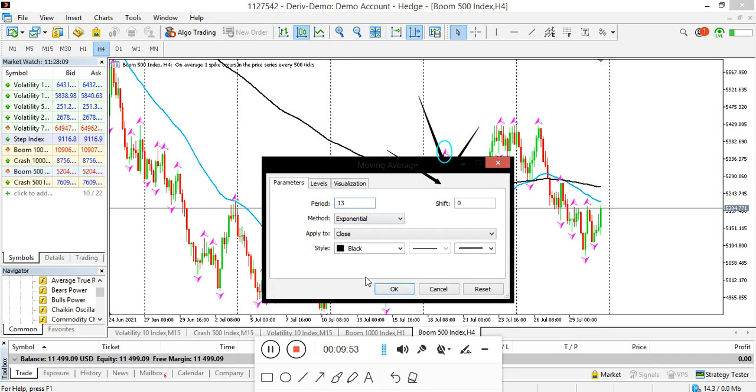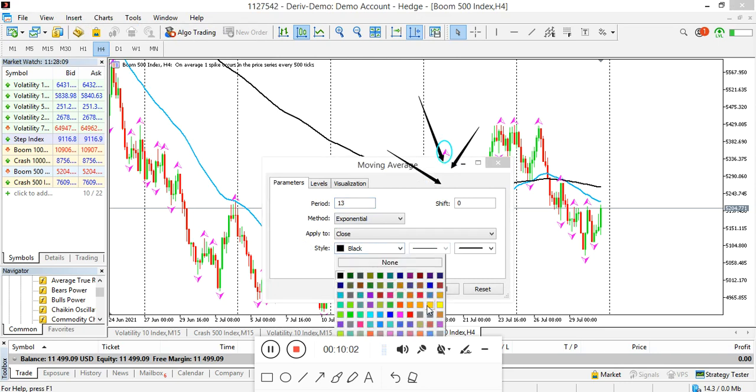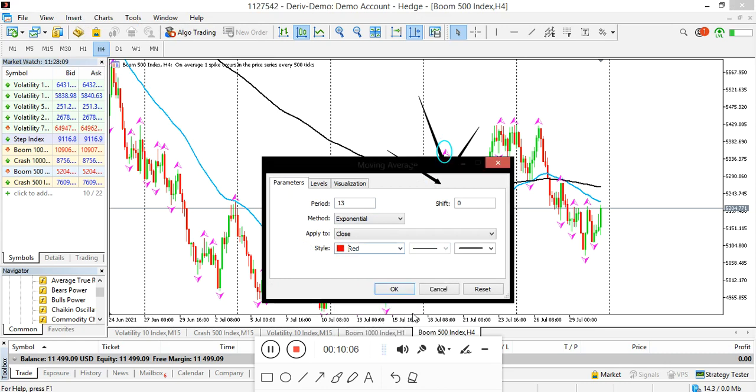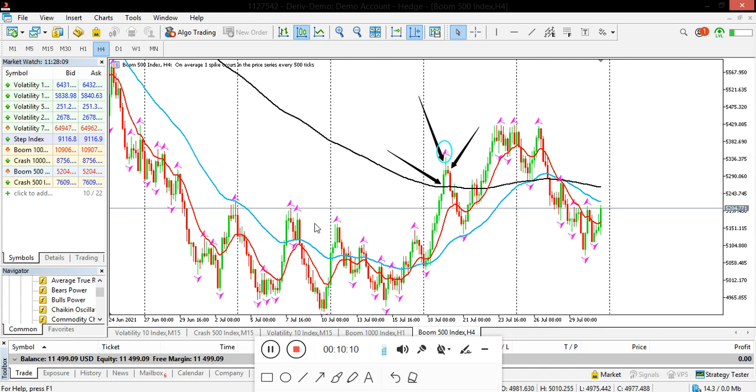Please, I want you to follow up what I'm currently doing. Let me make it the color red. 13 moving average, exponential, 0 shift. Now